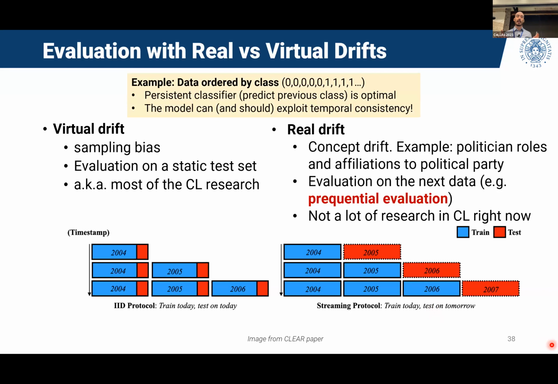To give you an example of how much of a difference there is between frequential evaluation and the normal one, think about data ordered by class. So you have all the zeros before, and then all the ones, one sample at a time. The persistent classifier is the naive baseline that just predicts the previous class. So here, you are going to say 0 because the previous sample is a 0. And this baseline is optimal because you are exploiting the fact that all the zeros and all the ones are clustered together. So you are exploiting the temporal consistency. And it's actually information that you want to exploit. Maybe you are in a domain where you only see the zeros, then it's good that your model is able to